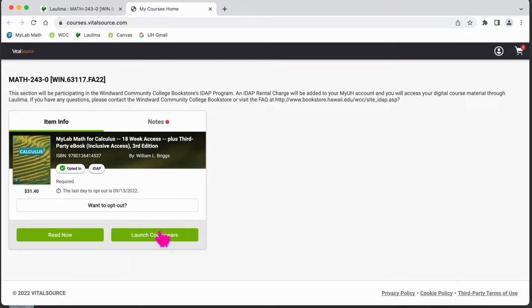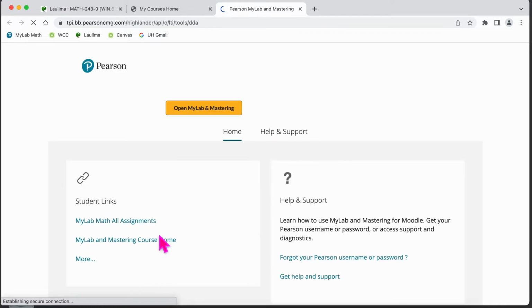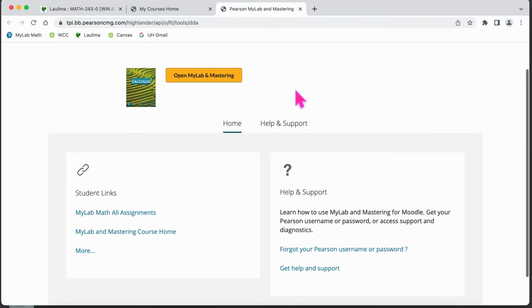What you're going to do is click on Launch Courseware, and follow those PDF instructions on how to register for this My Lab course. Once you're registered, anytime you go into Launch Courseware, it will take you to the course.